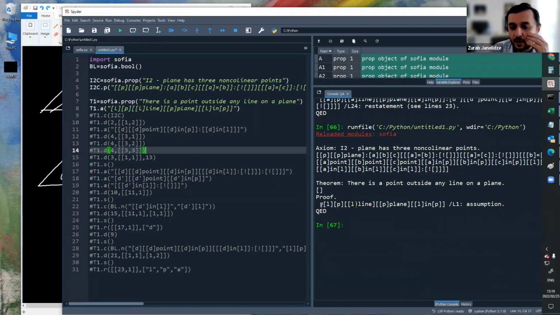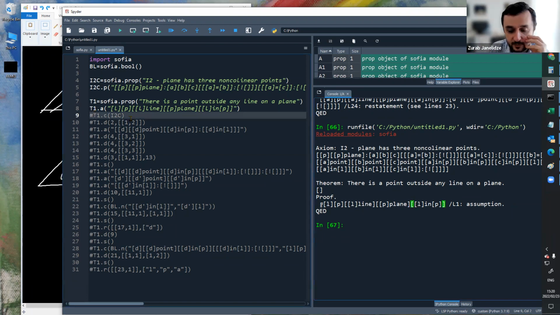Great. So our first line of the proof is an assumption. It gives us L. This is not number one. This is L, a statement that L is a line. So we're given a line L. A statement that P is a plane. So we're given a plane P. And a statement that L lies in P, which we write in short as "in". Good. So that's exactly the first setup we wanted to start with, right?